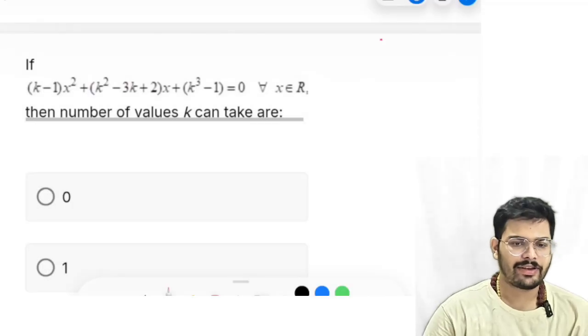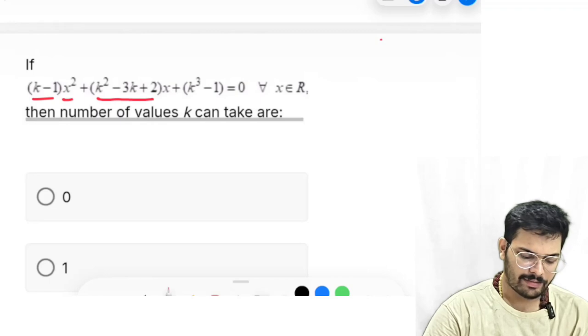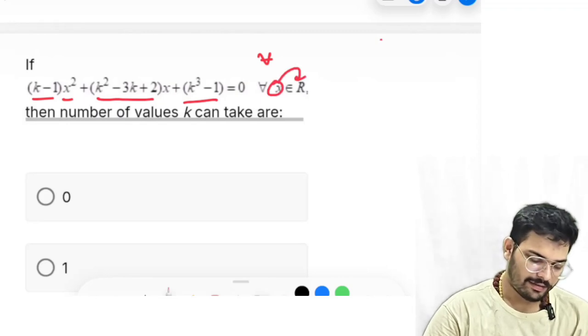In this video, we'll be solving a question from quadratic equations. If (k - 1)x² + (k² - 3k + 2)x + k³ - 1 = 0 for every x that is an element of the real numbers, which means whatever the value of x